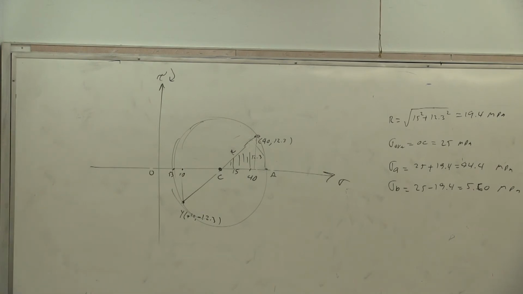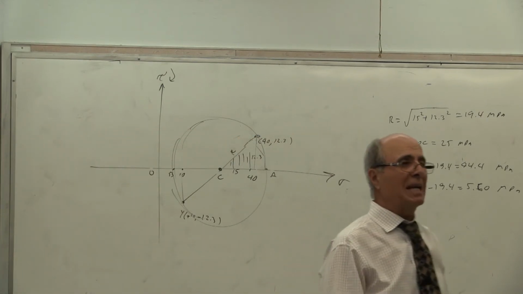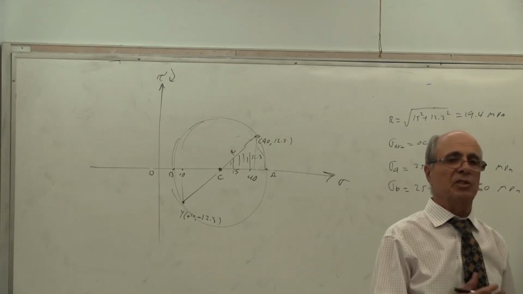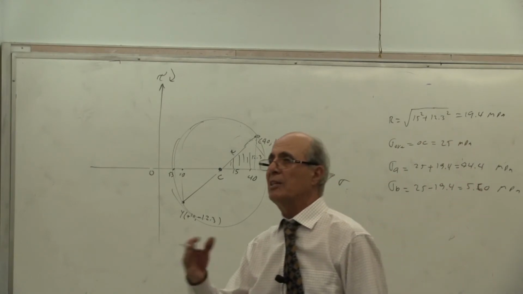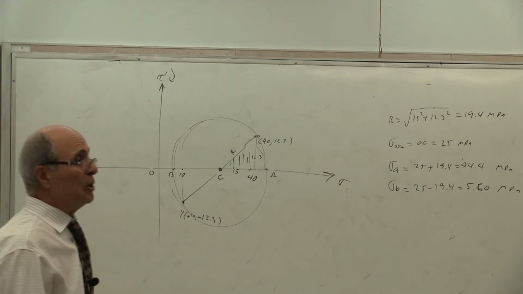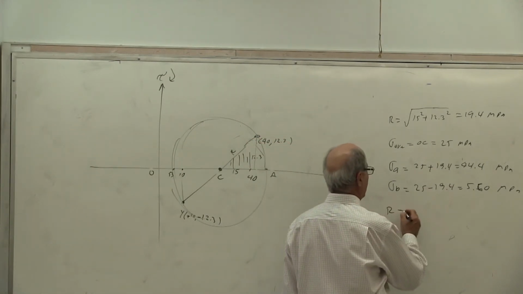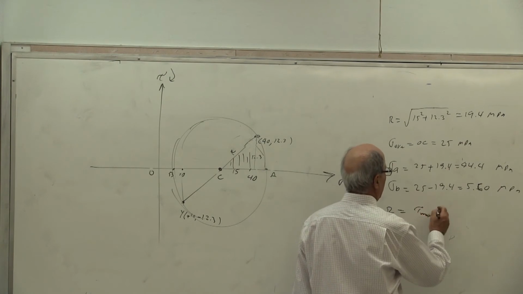Now, here is the discussion we had last time. What's the maximum shear here? We don't call it maximum shear from now on; we call it absolute maximum shear. You see what absolute means? It means you have to look at all three circles, not one circle. The way we learned it in ME 218, we call R equal to tau max. Yes or no? Which plane is that?